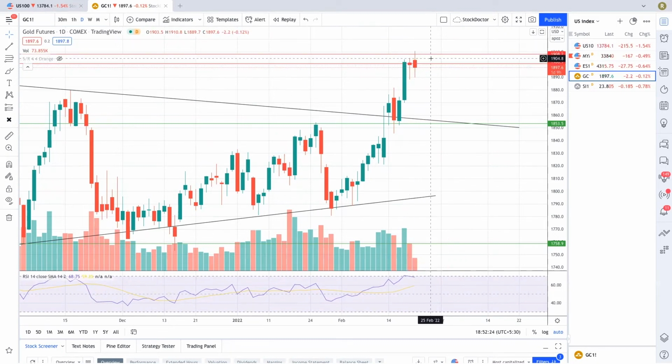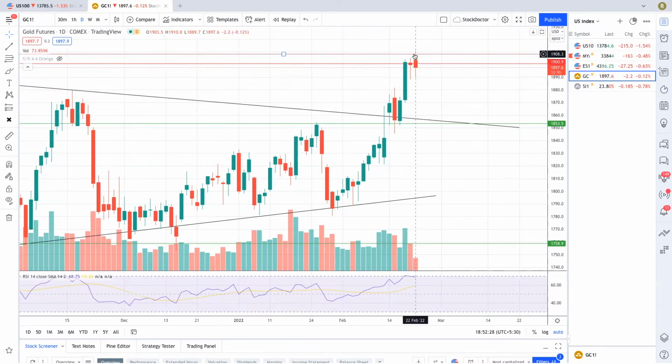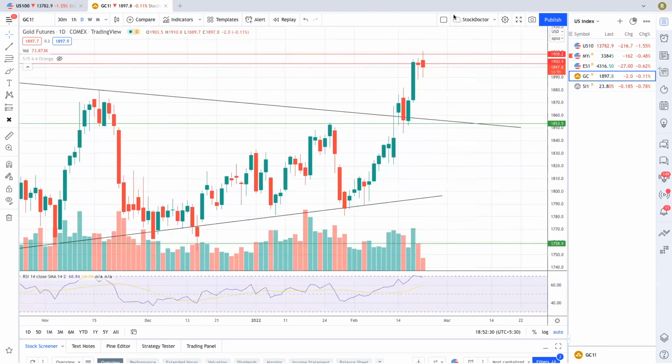So I think if gold stays above 1910, then there can be the next upside. Otherwise, high probability that gold can retrace back up to 1880 and 1870 levels. Because it has given a breakout here, right? This is the breakout candle. It has to retest till some point and then again come back. If this happens, then this will be the healthy correction and then pull back, so that it will achieve